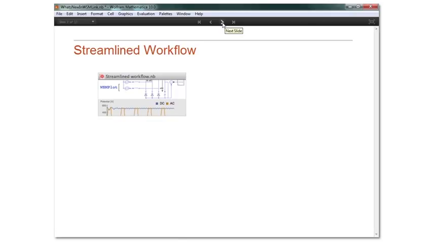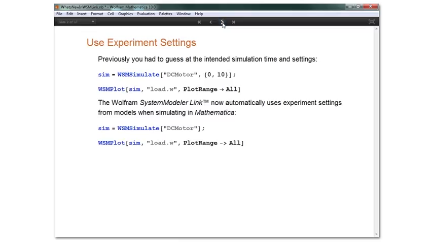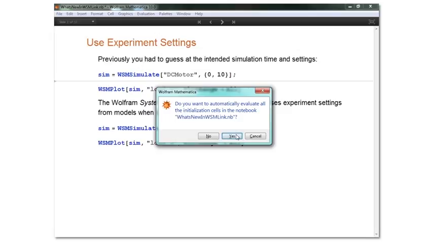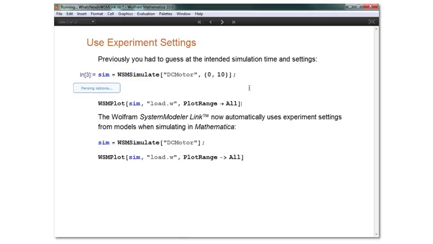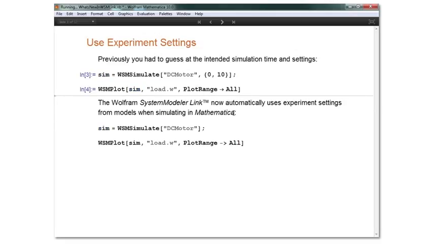Let's start with improved streamlined workflow, which has greatly deepened the integration between SystemModeler and Mathematica. In the previous version of the SystemModeler Link, the intended experiment settings, such as stop time and step size, had to be guessed at or looked up in model documentation. Although it's still useful, it could lead to problems, as we can see in this plot, where the most interesting behavior occurs during the first couple of seconds, but it becomes nearly undetectable when using a stop time of 10